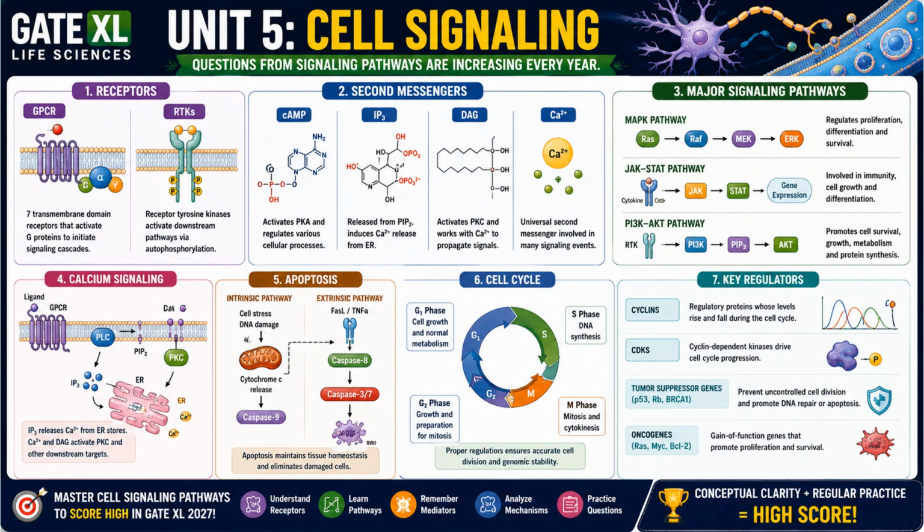We have two types of apoptotic pathway, intrinsic as well as extrinsic pathways. Understand all the pathways. In the case of the cell cycle, the important portion is the regulatory system, the regulation of the cell cycle, that is the cyclin and CDK mediated regulation. So understand that one. And then some important key regulators, either oncogenes, tumor suppressor genes, CDKs or cyclins. This is one of the interesting topics, cell signaling,